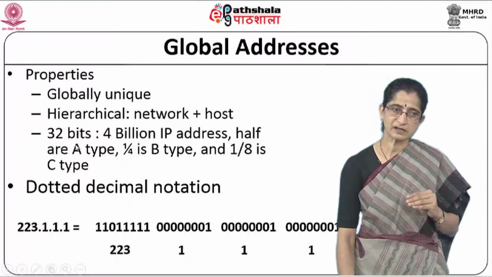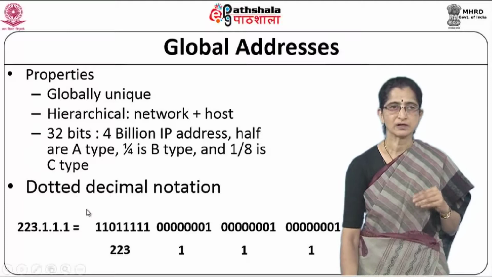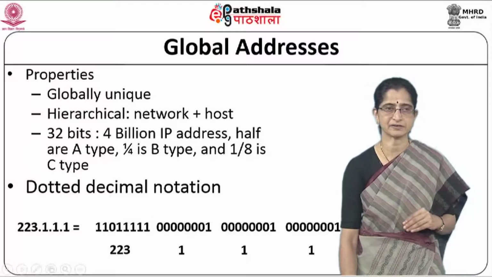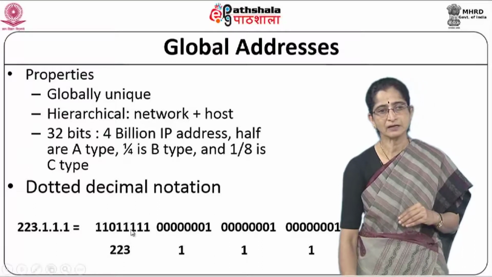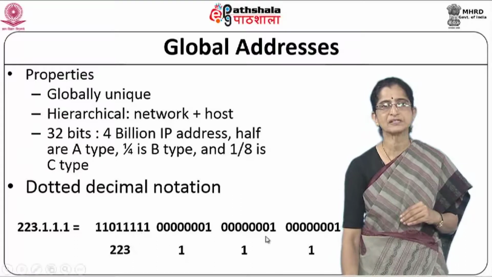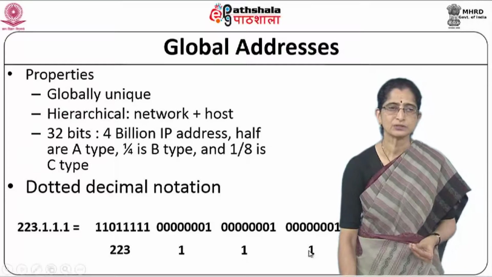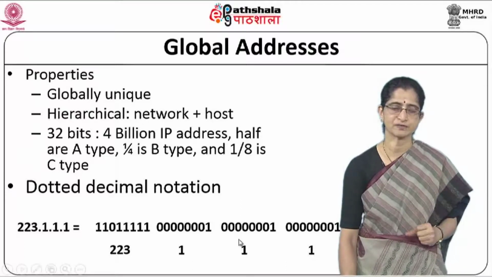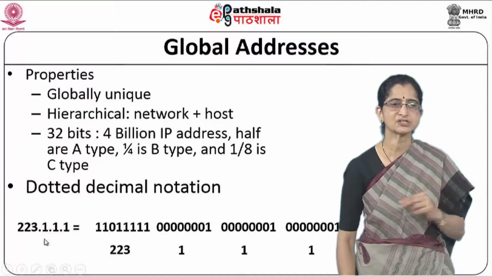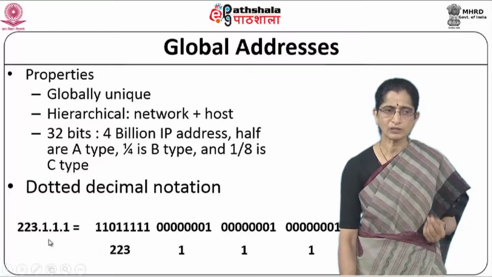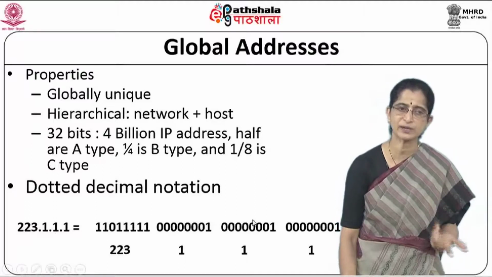And this 32 bit address, because it's a 32 bit number, it is very difficult for us to remember that number as such. So, we use a dotted decimal notation to represent these IP addresses. Your 32 bit number basically is broken down into 8 bits at a time, and we represent each 8 bits by means of a decimal number. Each of these decimal numbers can go from 0 to 255, your complete range of numbers that can be given with the 8 bit number. So, we will have 4 decimal numbers, and you just expand that number to a corresponding binary representation and you get the corresponding 32 bit IP address.